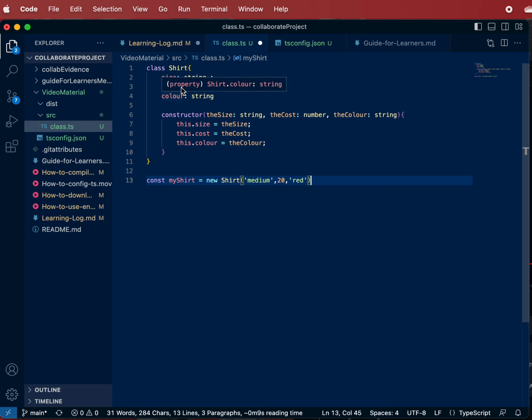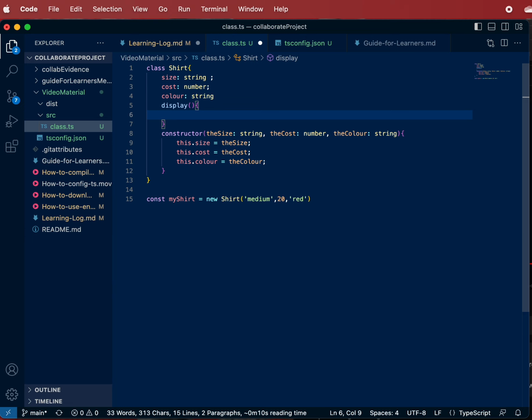But I want it to do a little bit more. So next, we're going to make a method. I'm going to call this method display because I want it to display everything out in a nice format. So to do this, I'm going to do display. It's got no input variables into it because it doesn't need any. And it's going to do return backtick. This makes it a template string, and I'll show you why that's important later. And it's going to say this shirt is